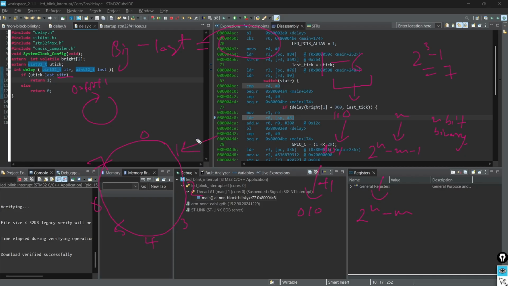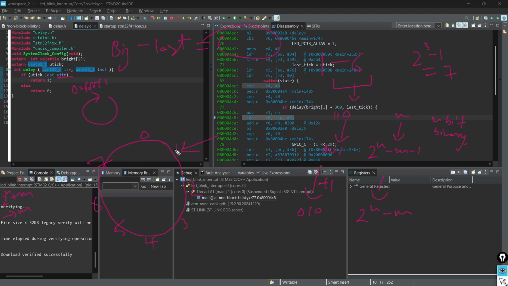You take any value, let's say 1. See, this is common knowledge. If you add 2 to the power n to an n-bit binary number m, it gives m back.